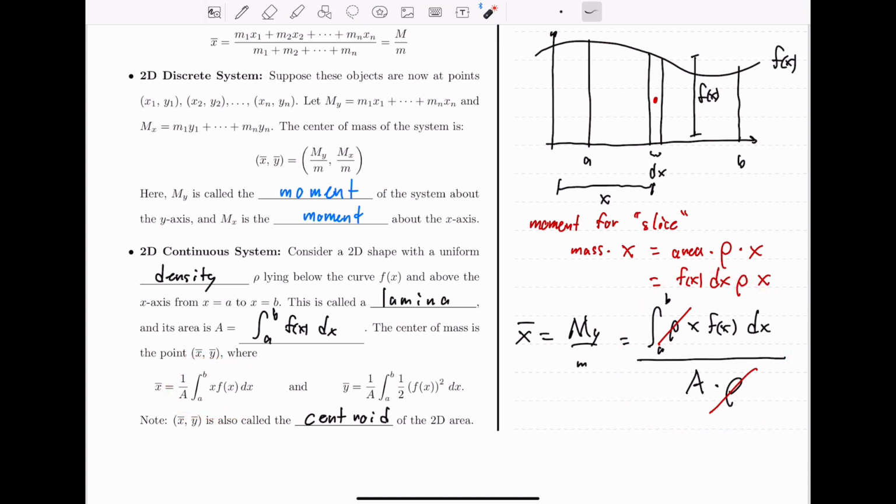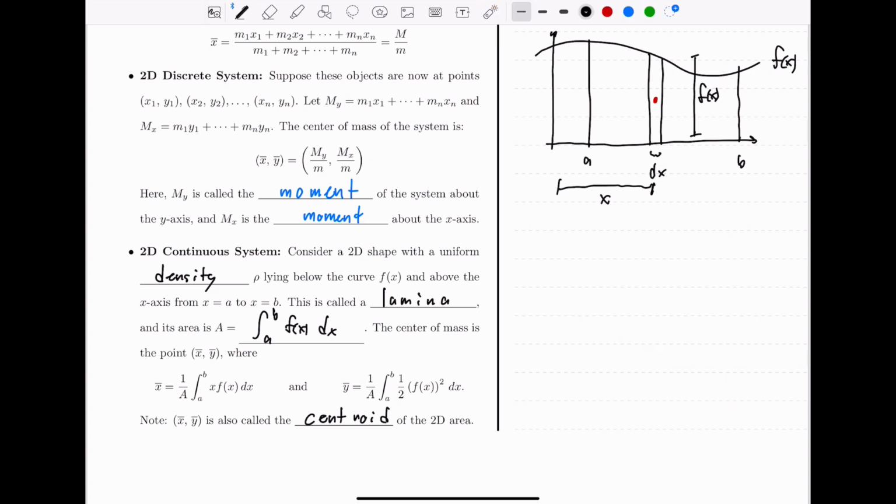Let's find the expression for the y value of the center of mass. So the y value is y bar, which is equal to the moment about the x-axis divided by the total mass. Once again, the total mass is simply the area times the density, so we can write that in immediately. And now we want to think of the moment of the entire system about the x-axis. Once again, we're going to focus on an individual slice and find the moment just of this slice about the x-axis. So we want an expression for the moment of the slice,